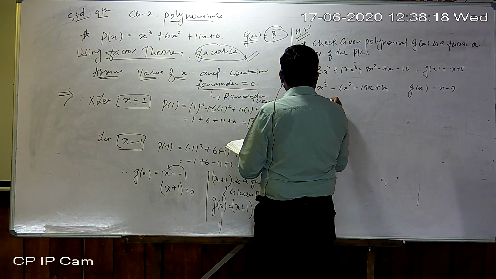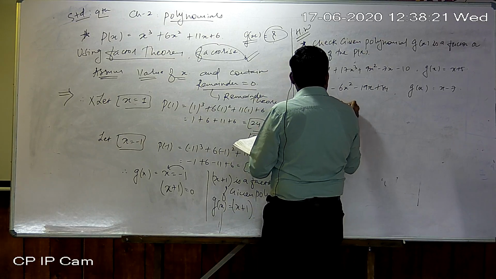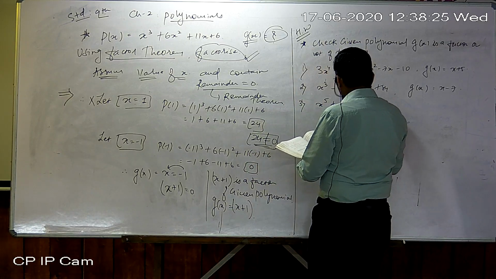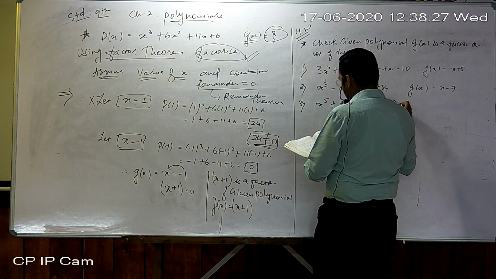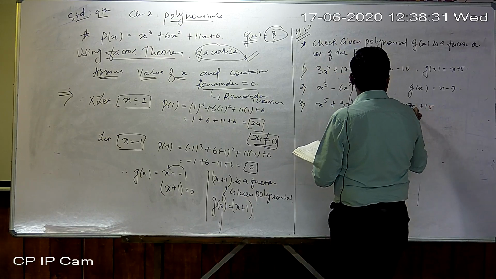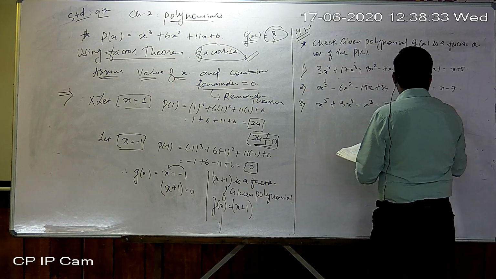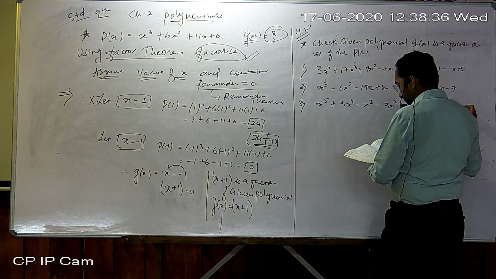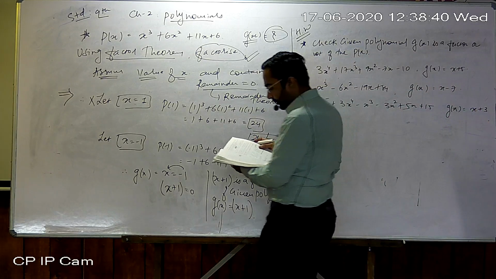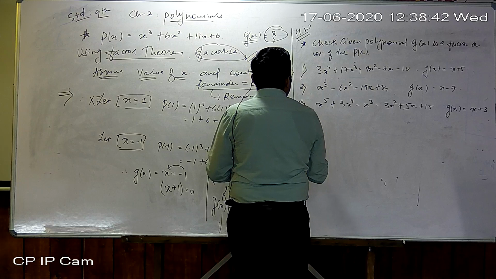Third one is x raised to 5 plus 3x raised to 4 minus x cube minus 3x square plus 5x plus 15, and my g of x is equal to x plus 3. Okay, and the last question is,